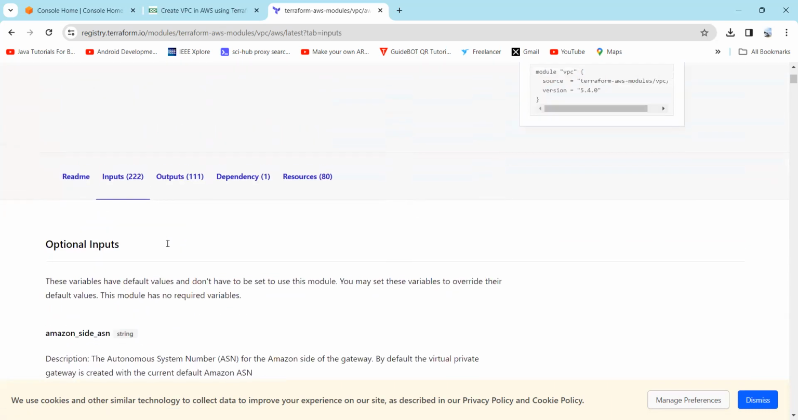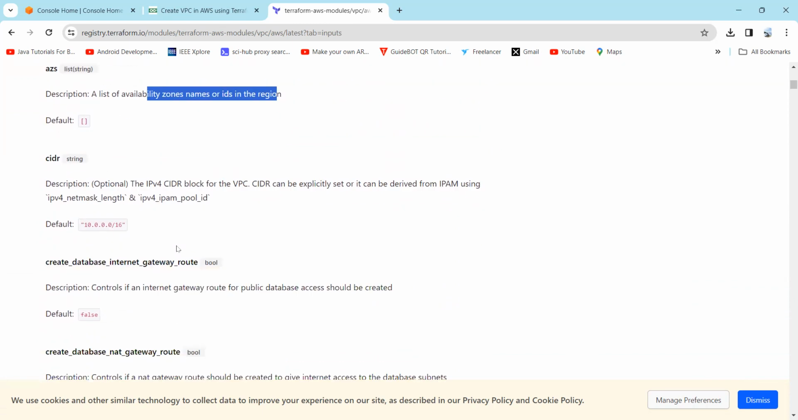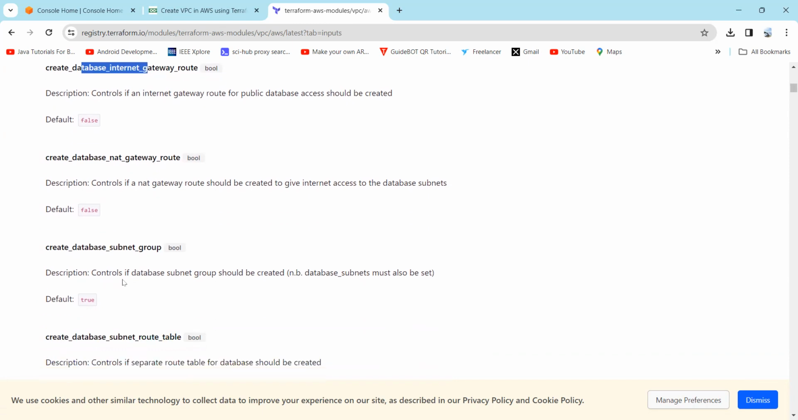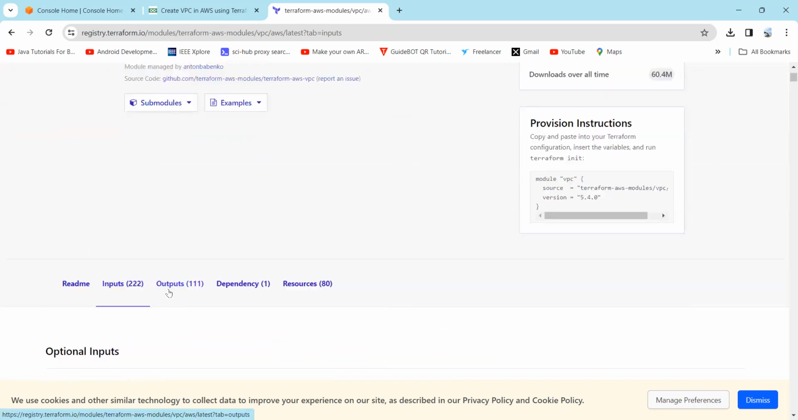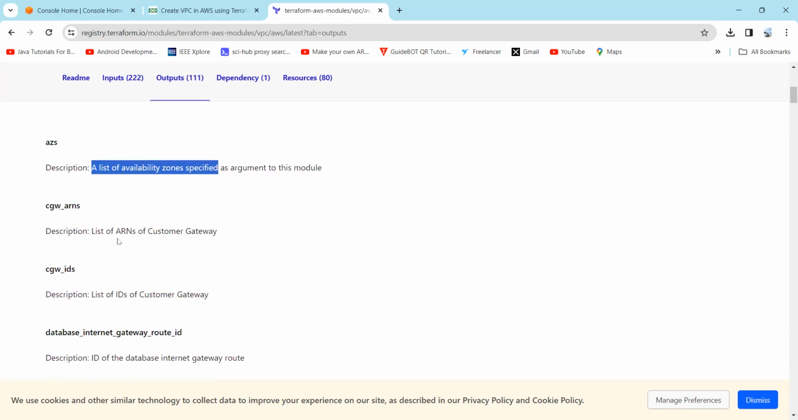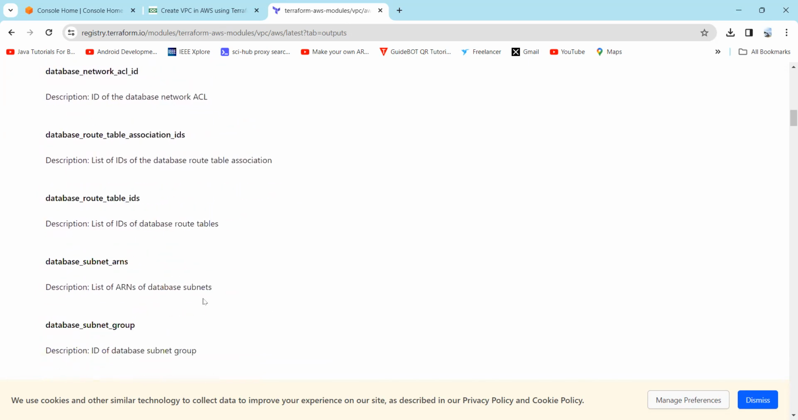in this project. So as you can see, the inputs are the availability zones, which is the list of availability zones, the CIDR block, the database internet gateway route, database subnet group. So these are the inputs, and we can also see the outputs, which will be exposed after applying the Terraform configuration. The list of availability zones, the list of ARNs of customer gateway, list of IDs of customer gateway, database NAT gateway,